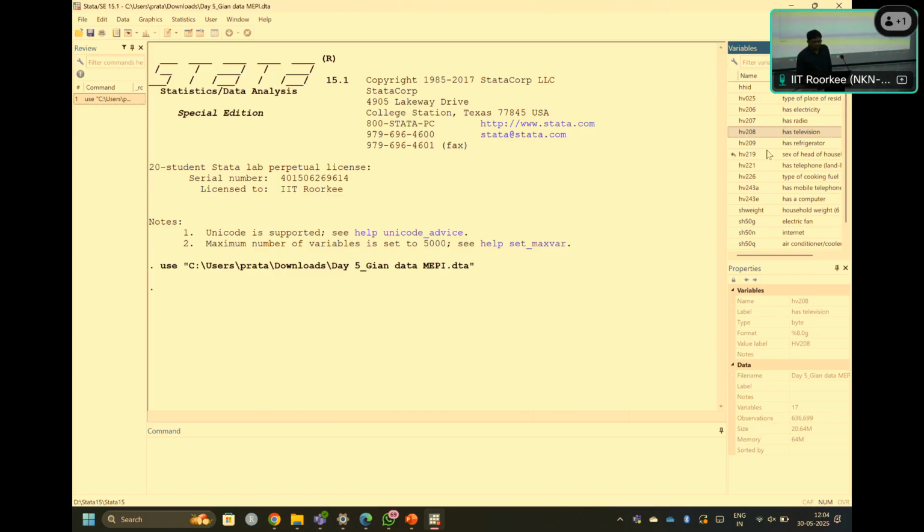Now, for your understanding, I must mention that we are carrying the variables which are more important from the perspective of energy poverty calculation. In fact, this NFHS covers so many variables.